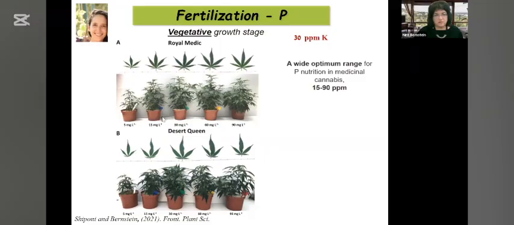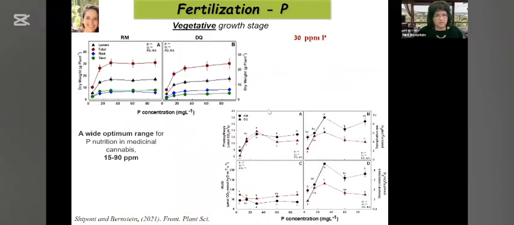What we found out is that 5 and 15 were not sufficient amounts of phosphorus, but at 30, you don't need to go above 30 for the vegetative growth phase. 30 gives a wonderful plant function, optimal cultivation. Something we did find is that there is a very large optimum range. Really from 15 to 90, there were no toxicity symptoms, even above 90. Biomass at 15 was pretty good. In order to be on the safe side, we recommend using 30 ppm, but definitely there's no need to